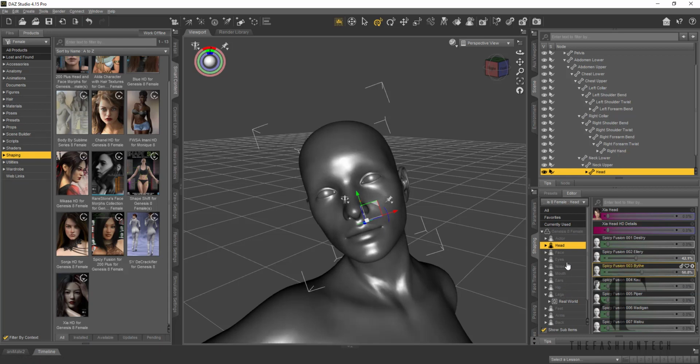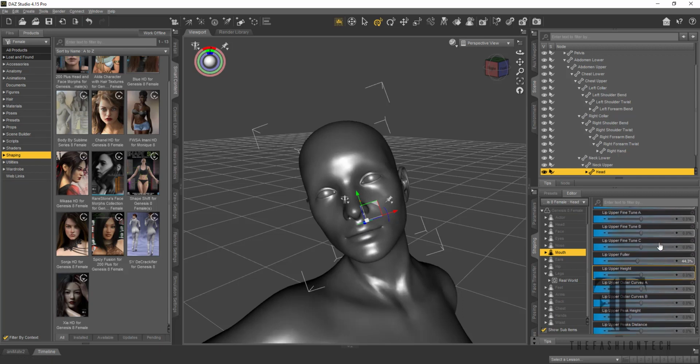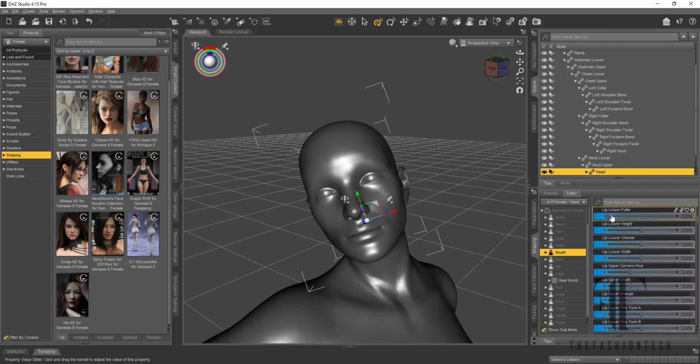But what if I don't like her lips? In my editor tab over here, I can scroll down and look for mouth. Personally, I like full lips. I know everyone can't have full perky lips, but upper lip volume, lip upper fuller, lip lower fuller, lower lip height,